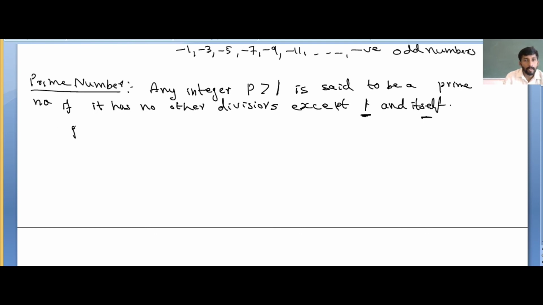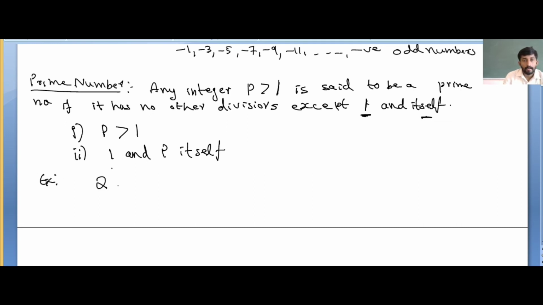So the condition for a prime number is that the number must be greater than 1. The second condition is that the divisors of that number are 1 and p itself. Just remember the condition. For any number to be a prime number, that number must be greater than 1, and the second condition is that the number is divisible by 1 and by itself only. For example, see